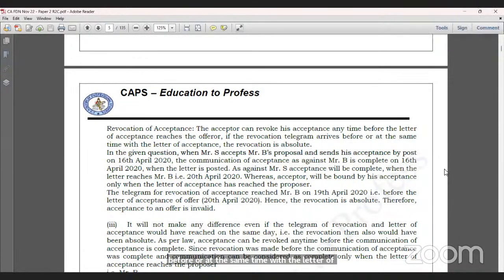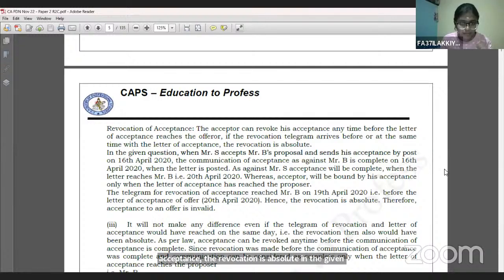In the given question, Mr. S accepts Mr. B's proposal and sends his acceptance by post on 16th April 2020. The communication of acceptance as against Mr. B is complete on 16th April 2020, when the letter is posted. As against Mr. S, acceptance will be complete only when the letter reaches Mr. B, that is 28th April 2020, whereas the acceptor will be bound by his acceptance only when the letter of acceptance